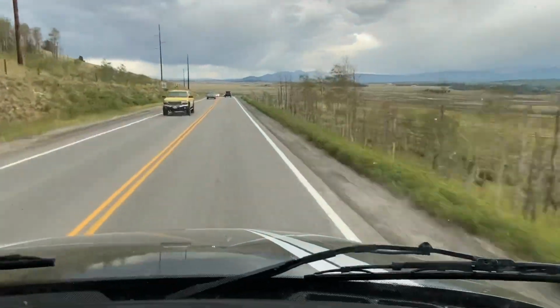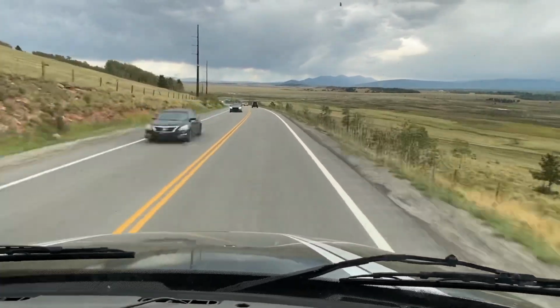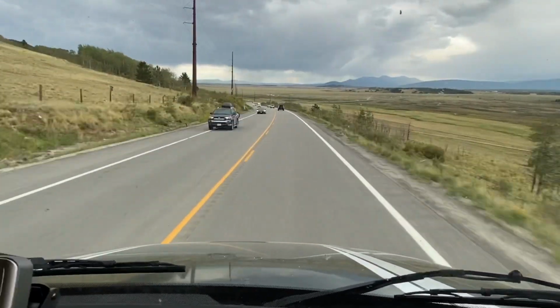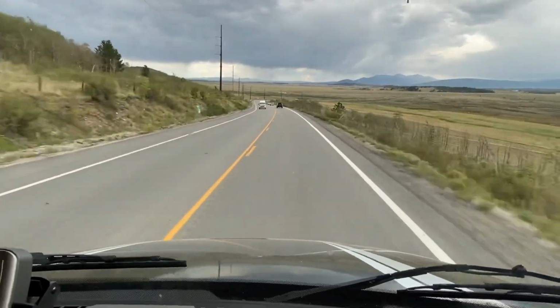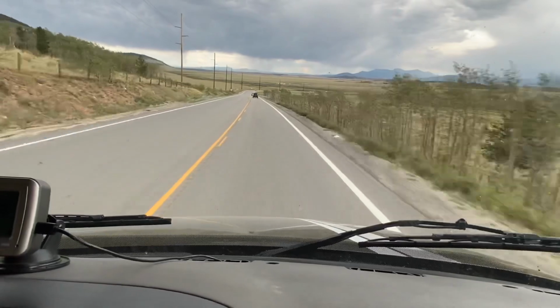And there's Fairplay out in the distance. So that's where we are in terms of location. Yeah, this is Fairplay. Hartsel would be off to the left here, kind of a ways. This is an alternative to get up to Breckenridge, and it's a